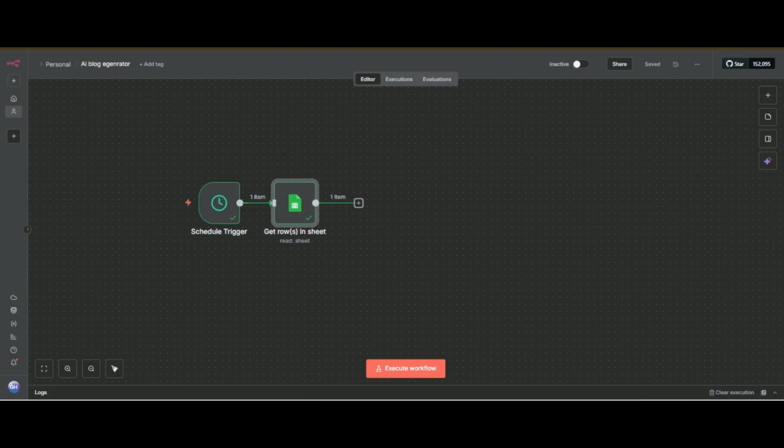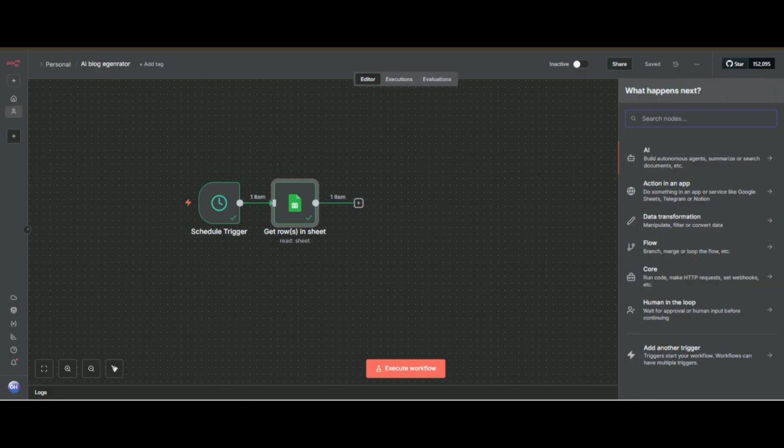Now we have to fetch recent and verified titles of blog posts on the title that we want to write a blog post about. We will use Tavily. So now I will first show you how you can connect your Tavily account.